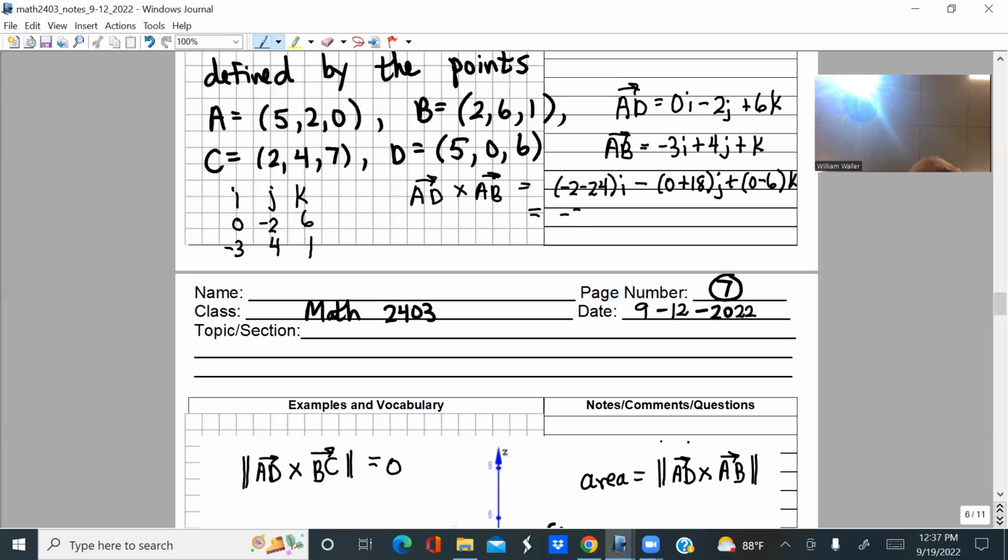So altogether, wow, I have a big vector here, right? Minus 26i minus 18j, right? Minus 6 times k. Did I do that right? Somebody will look. Okay, I think it's right? The product over here. Yes. Right, yeah. Okay. Because you're going to take the magnitude, and magnitudes will be positive in any event, right? Okay. So, all right. So finally there,